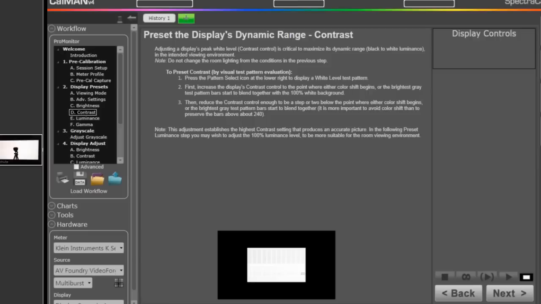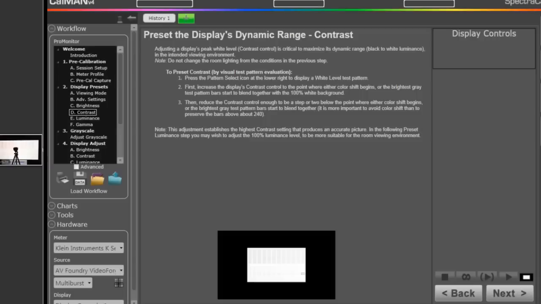Those levels are, in fact, blended together, and so we know that the contrast is probably at too high a setting. And so let's access that contrast control and adjust that downward somewhat. And as I do that, you can see that immediately some of those levels pop into the bottom of the screen. Again, let me push that back up again where it was, and as I do that, you'll see that those levels at the bottom of the screen are starting to disappear again. Bringing that level back down,